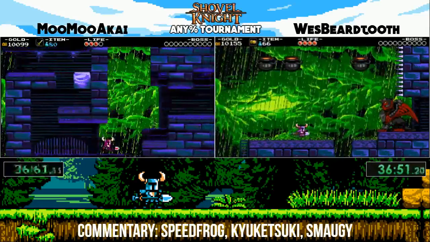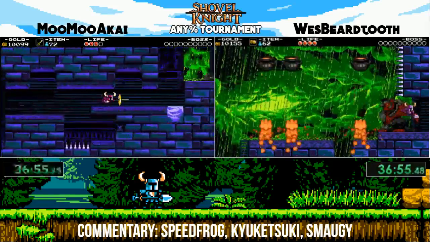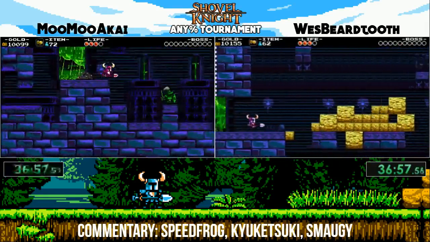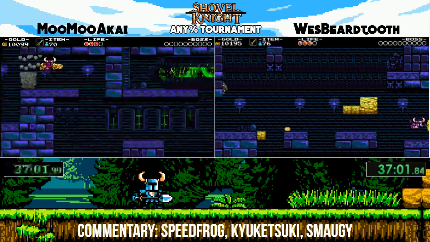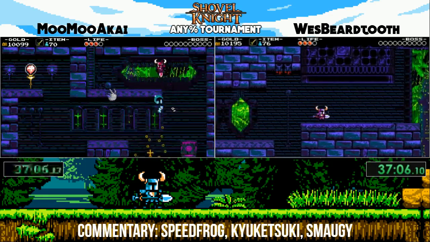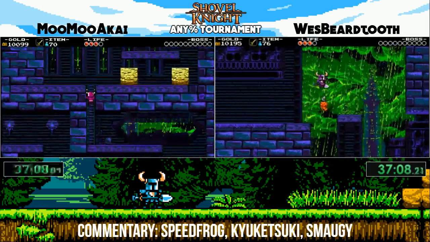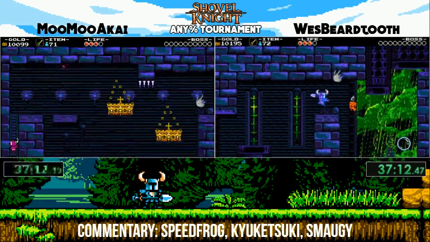Moo with the big magic. It doesn't help him anything in the beginning, because you will always be on max magic anyway after picking up the big magic in the crusher. So getting a big magic drop before then doesn't do anything. The only place where a big magic drop is useful